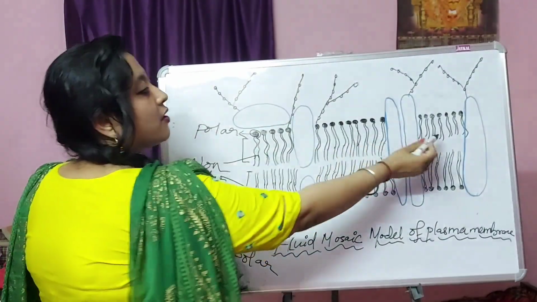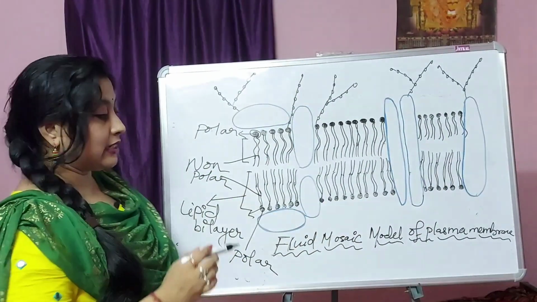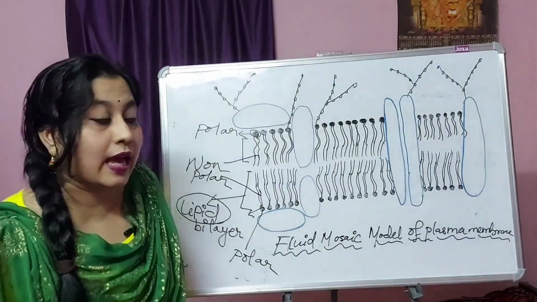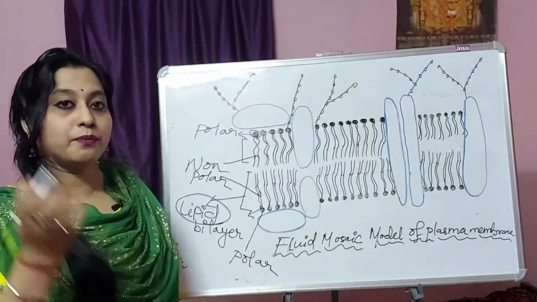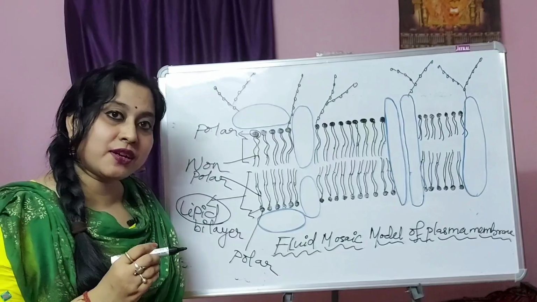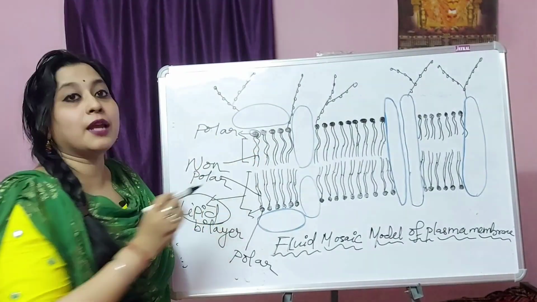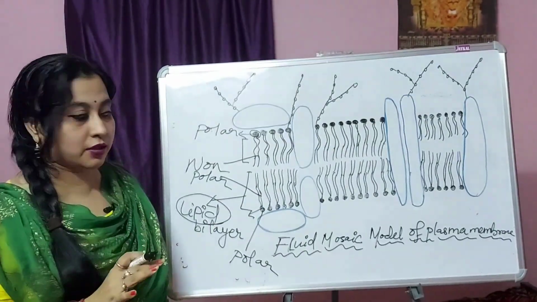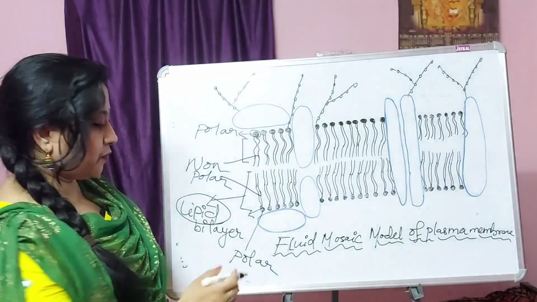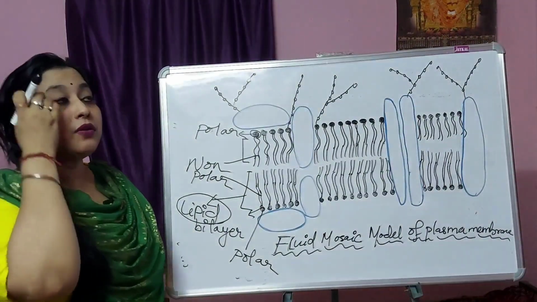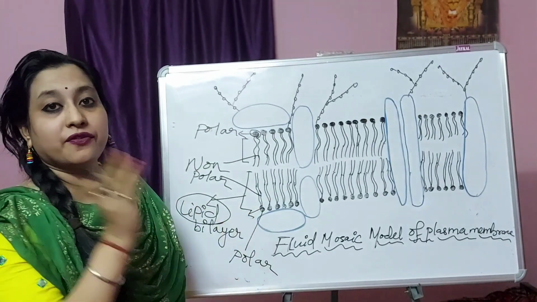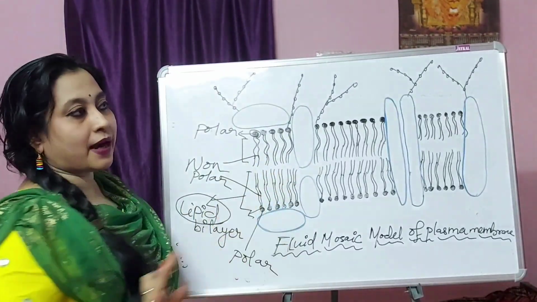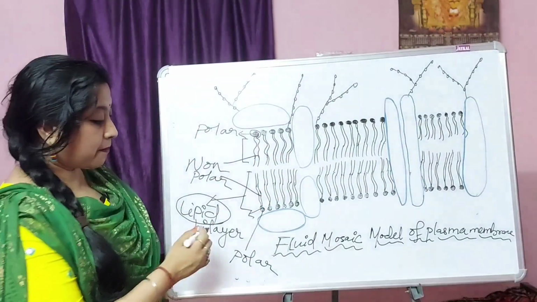These are the layers of the lipid bilayer, and these lipids are amphipathic. One terminology I am giving you: amphipathic. Amphipathic means they show both hydrophilic nature and hydrophobic nature. The head regions are polar and love water, and the tail regions are non-polar and hate water. Then coming to the next part, lipid is over. First, what I told you is that the plasma membrane consists of lipid, protein, and some amount of carbohydrate. So the discussion about the lipid part is over. How are the lipids arranged? In the bilayer form.